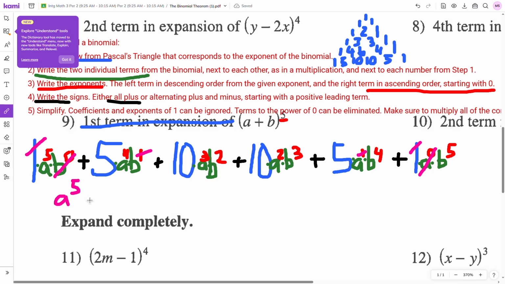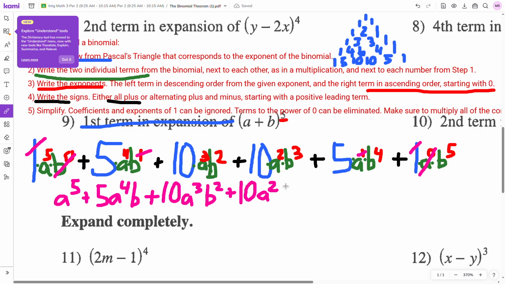Simplifying might also mean multiplying coefficients with individual constants from the terms that might have occurred. So a to the 5th plus 5a to the 4th b plus 10a cubed b squared. And again, none of this is really necessary if you just want the first term, because that's just a to the 5th. But we're just expanding out. So plus 10 times a squared b cubed